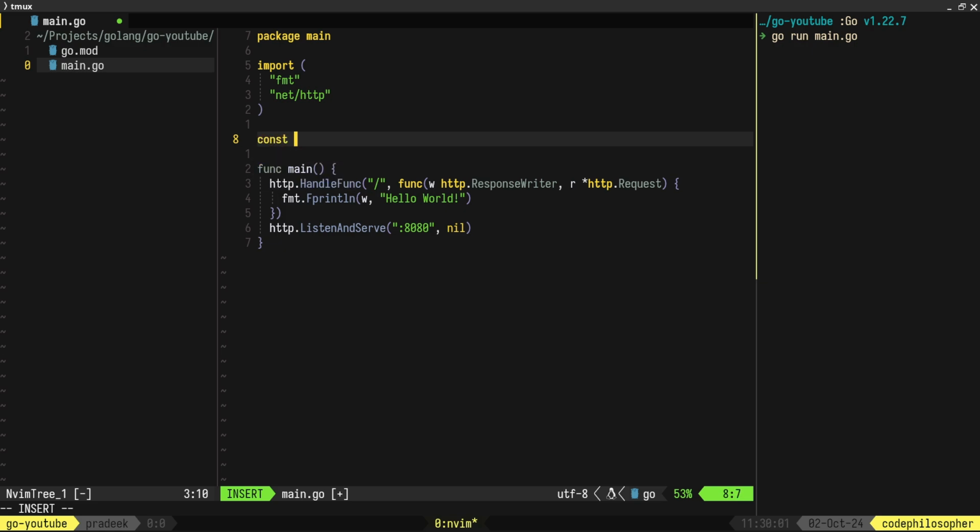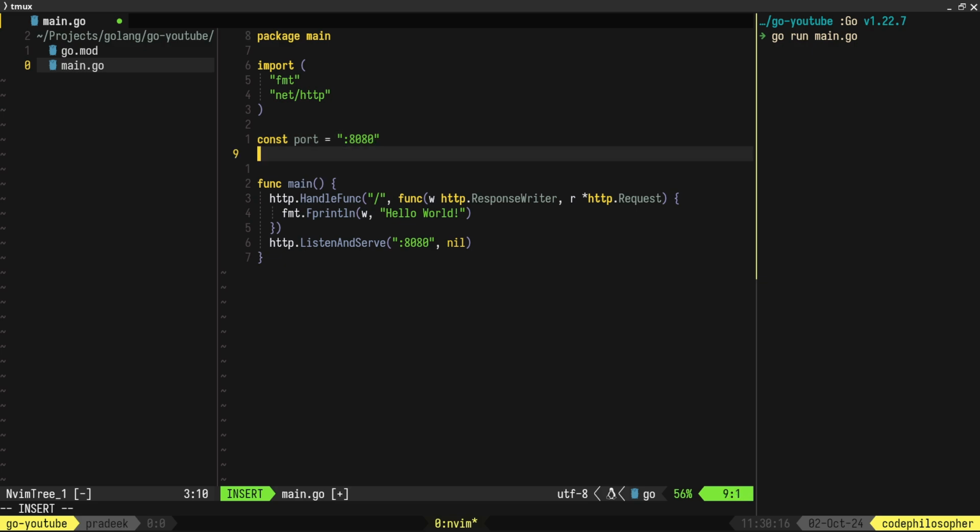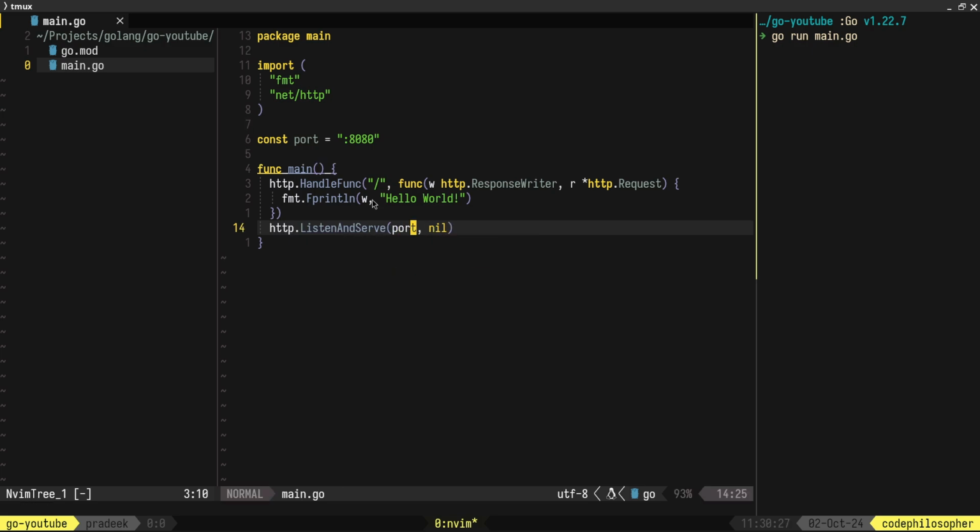Let's say const port equal to 8080. Then we will replace this string with the variable. So port,